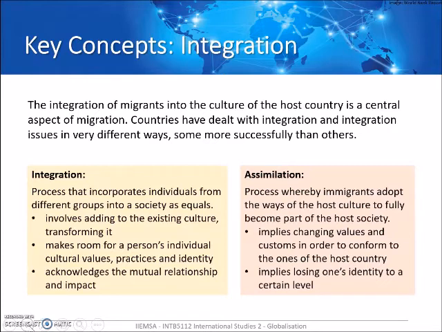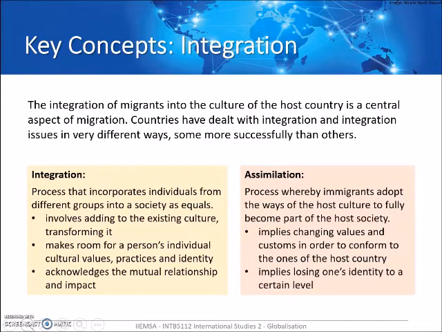So particularly France has been, for many years, following rather assimilation policies, requiring immigrants to adapt to a very, very high degree, which can be problematic, right? Because people have their own identities, they have their own values and customs. They not always left their countries because they wanted to. They might be part of the groups of forced migration. And then it's obviously difficult to give up your values just to fit in. And it can also potentially create conflict because people might not be happy in giving up their own